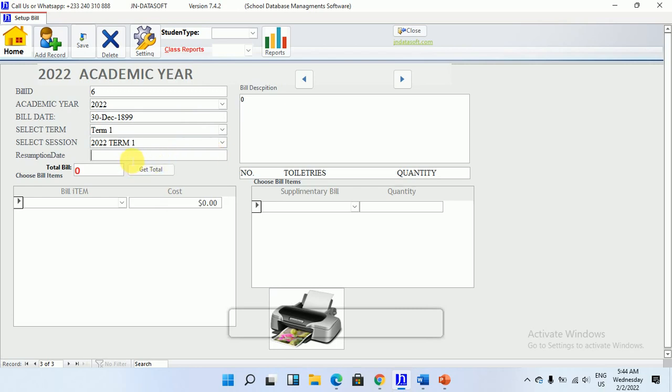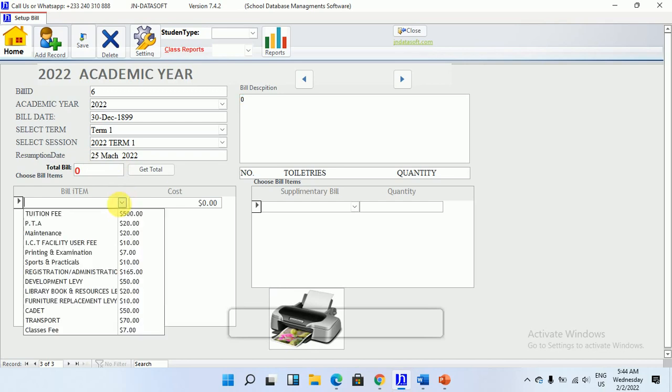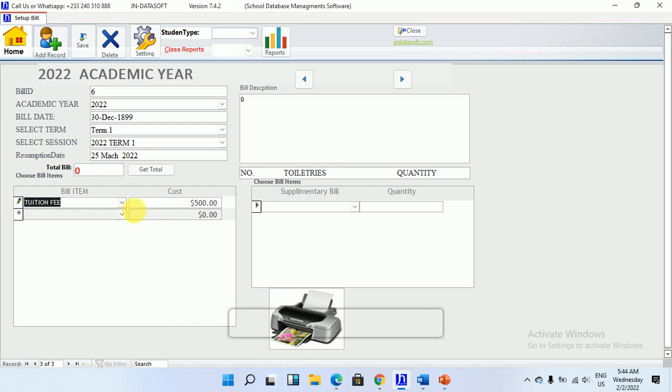So what is the resumption date? So maybe 25th of March 2022. That is when we are resuming school. And then we go ahead and add the bill items. So you can see we have the classes fee that we added. So tuition fee of $7. You can go ahead and make changes. Then you come here, PTA,